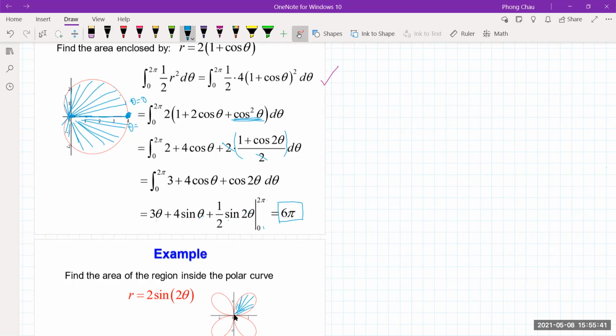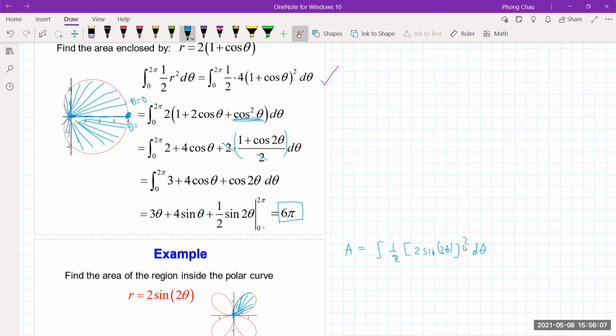Notice that the very first point starting is the pole, then it comes back to the pole. So again, your setup will definitely have, that one is easy, half of the integral of r, which is 2 sine of 2 theta,